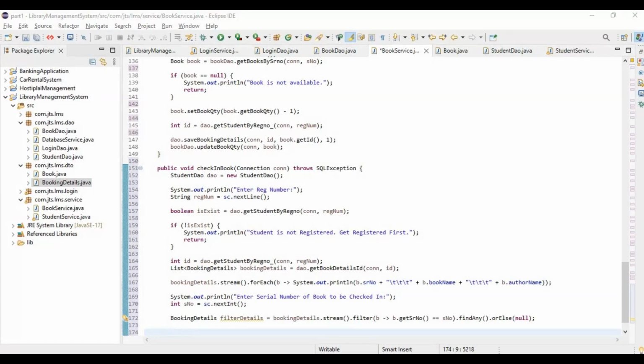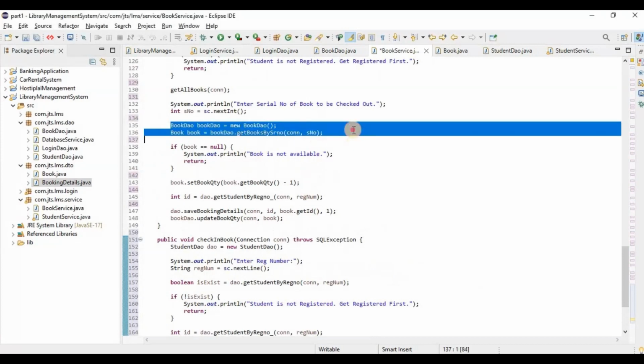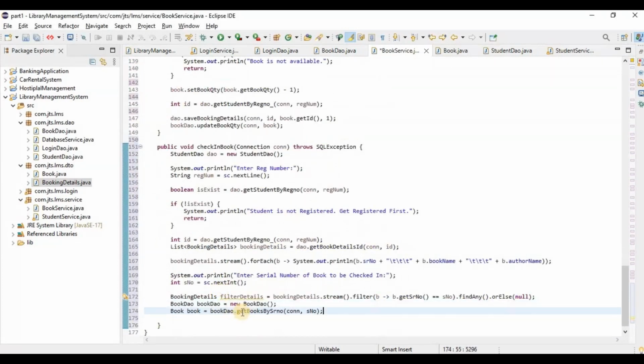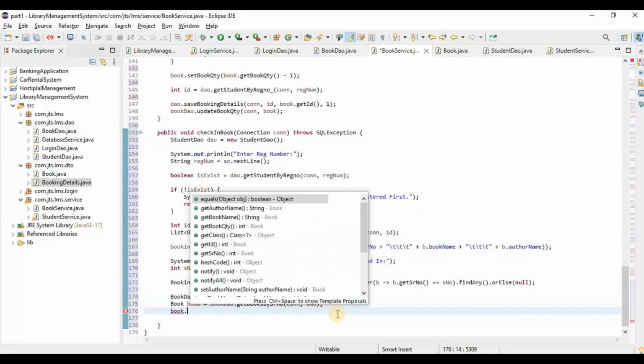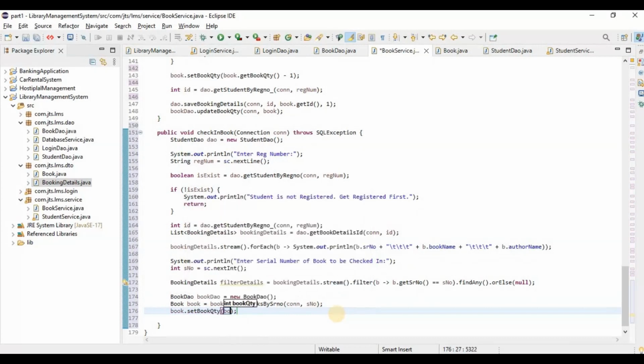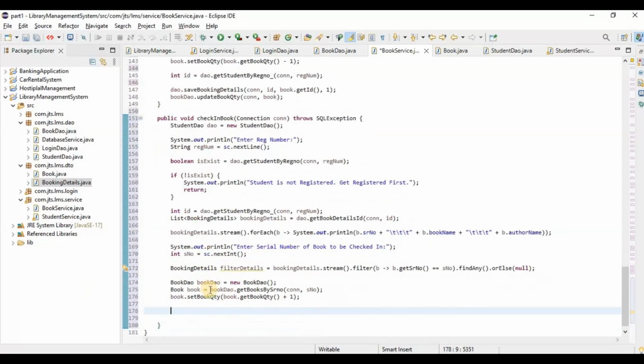So for return the data, basically we can search the data, or we can fetch the details for the book. We need to create this book details, and based on the book details we will get the book details over here, and then book dot set quantity, book dot get book quantity plus 1, right? We were updating over here, and then book dot update quantity, book dot update book quantity. Okay, and also we need to delete the data